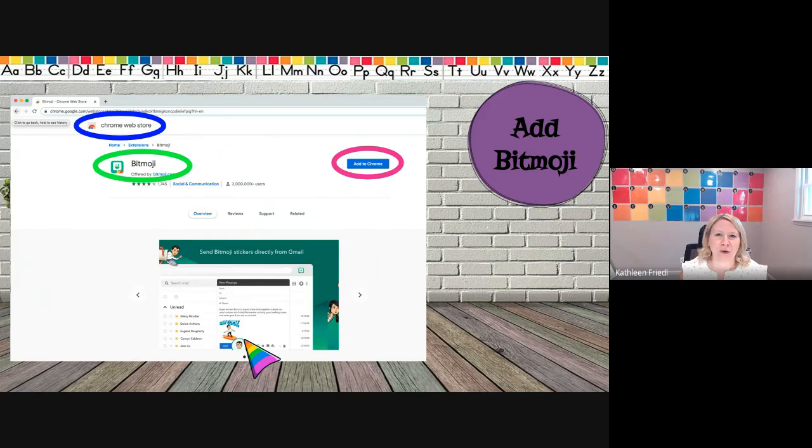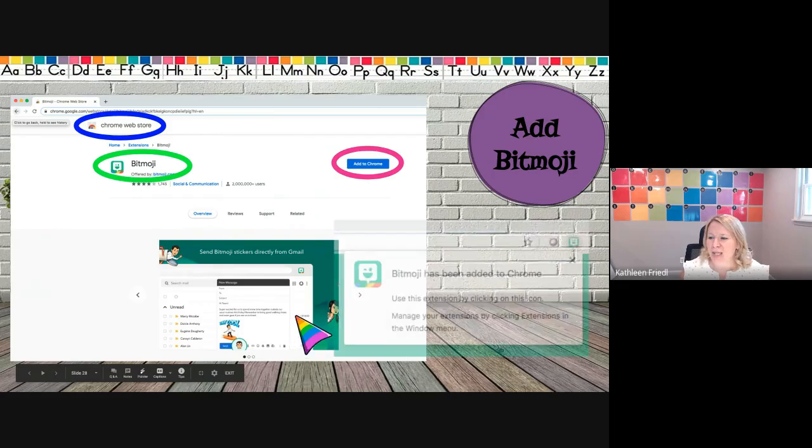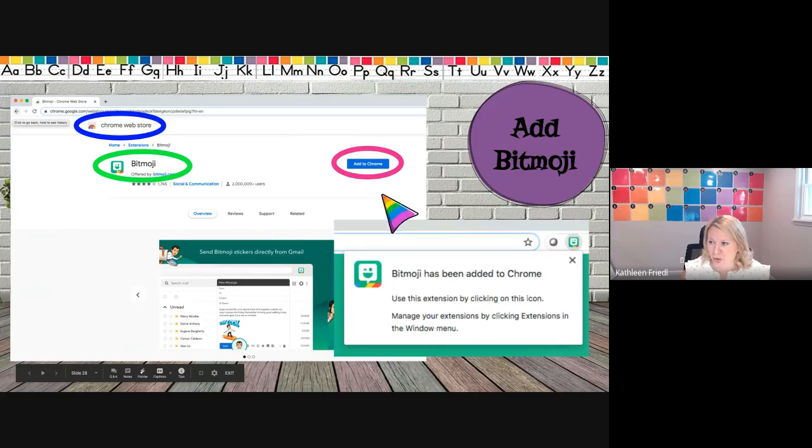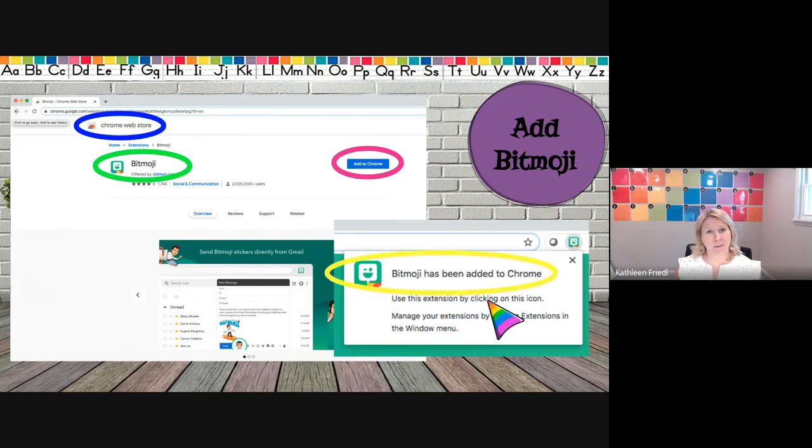So that's just a fun way, even in email, to add a little personal touch. After you add to Chrome, it's going to tell you, yay, Bitmoji has been added to Chrome. And then up in this top, it's now an extension, so it'll be right there on your web browser for an easy clickable